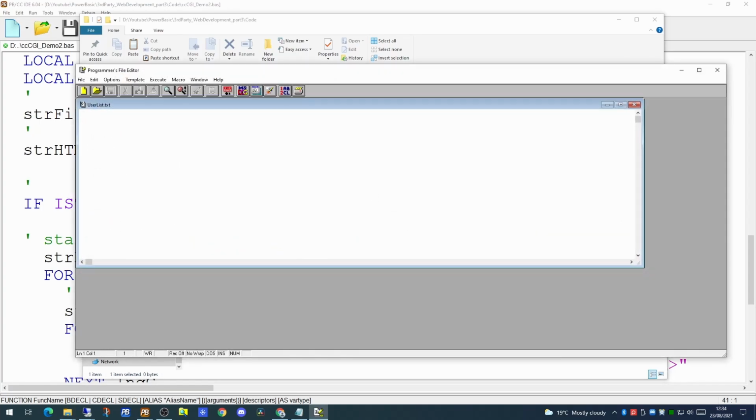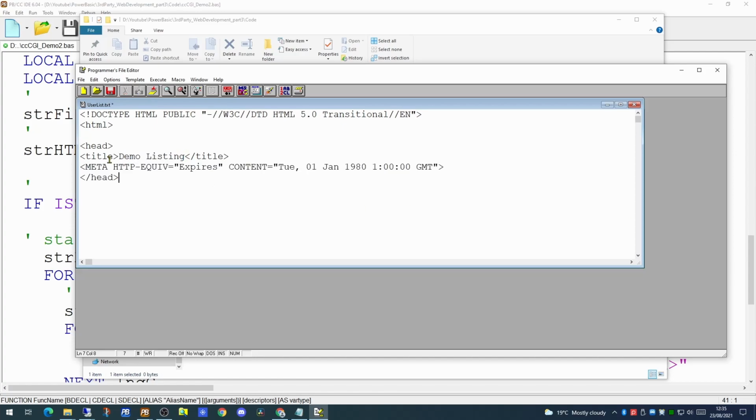So if we open that up, this template will contain the raw HTML code, and within this template will be one or more tags, and these tags will be replaced by your CGI application at runtime. So we will first open up an HTML tag, and we'll set the head tag to have the title of our web page. And I'm also going to use a meta tag in here to say that the web page